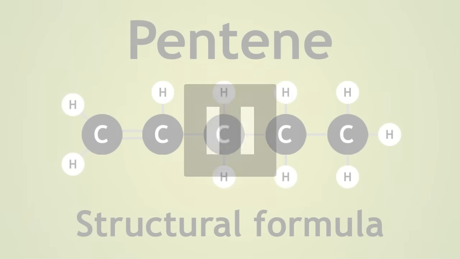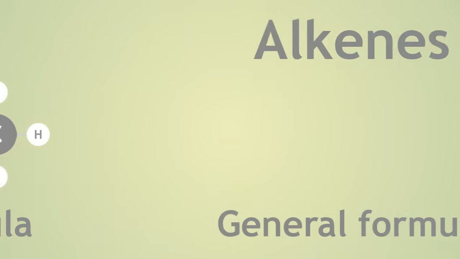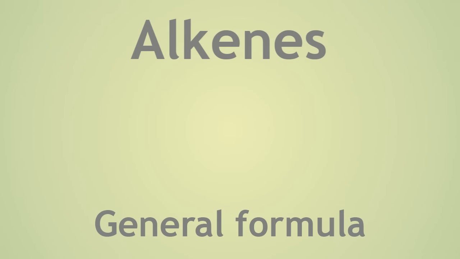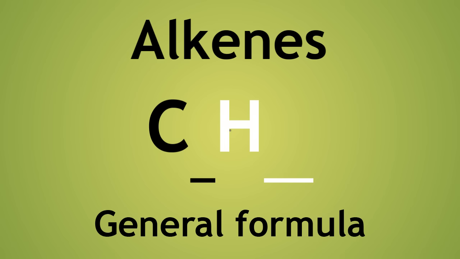Pause the video again and try and complete the general formula. What is the relationship between the number of carbons and the number of hydrogens? Hopefully you got the structure CnH2n. Quite simply, there is double the number of hydrogens than the number of carbons. So, as an example for decene, the molecular formula would be